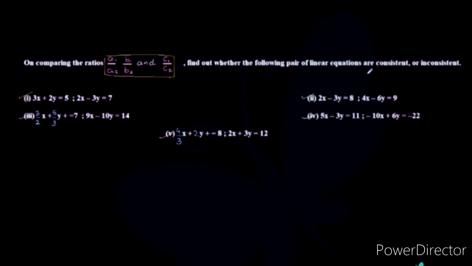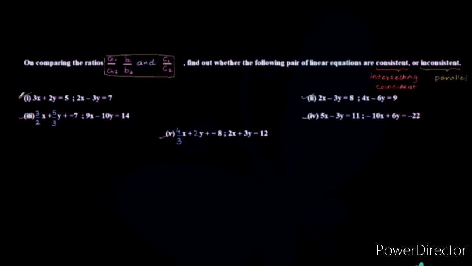I also hope you know that a pair of linear equations is called consistent when it is solvable. Solvable means when a solution is possible. It is only possible when you have a pair of intersecting lines, or also the case of coincident lines. And the system is inconsistent when the two lines are parallel. I hope that's pretty clear.